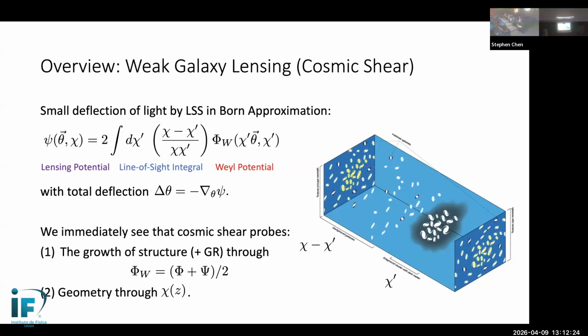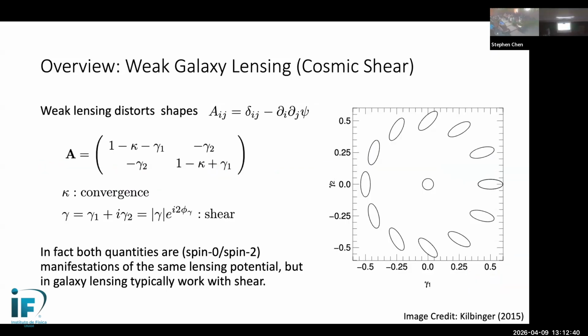And then once I have a lensing potential, of course, I can get the deflection of light just by taking the angular gradient of this thing, to get an angular deflection, which is nothing more than the gradient of this potential. And once I do this, I can get a distortion in the angle. So then any particular shape gets transformed according to this matrix, which is the identity minus the second derivative of the lensing potential.